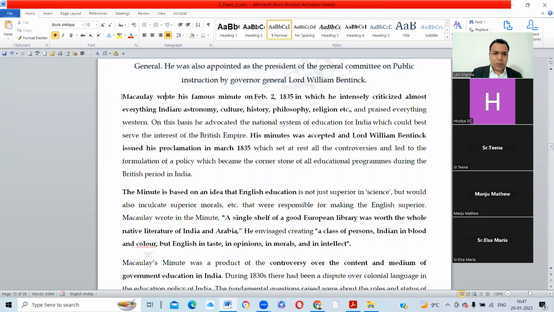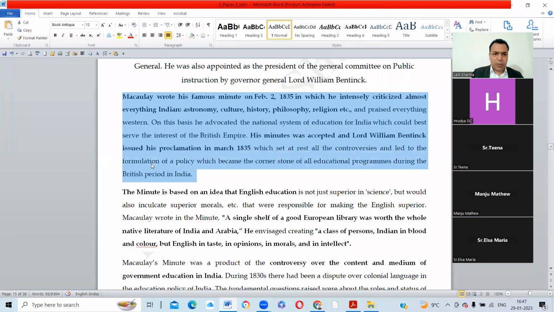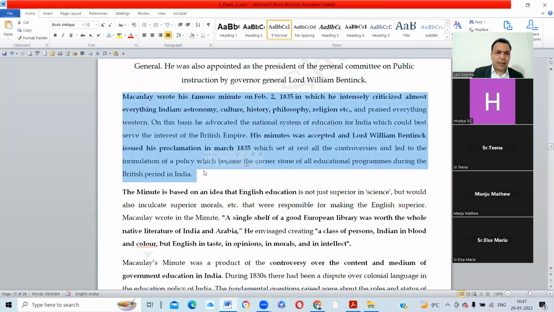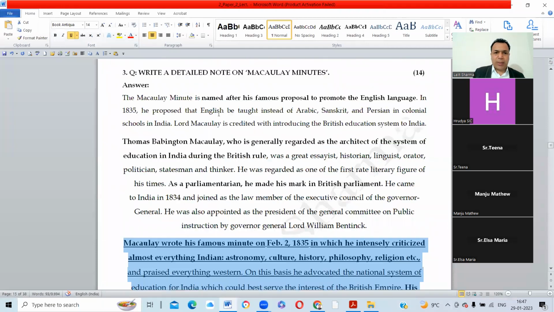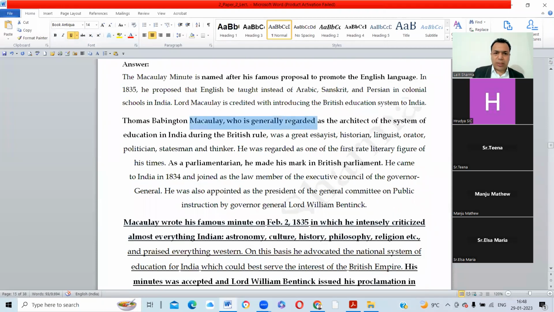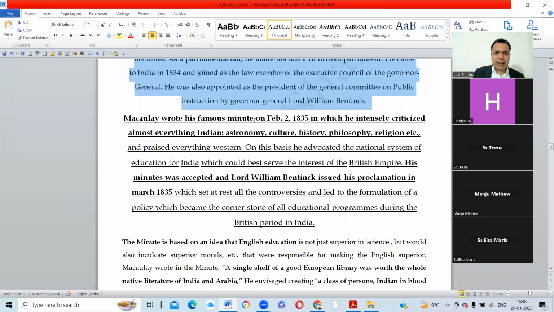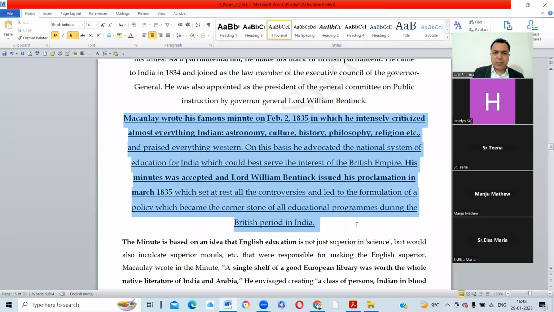Okay, so basically this para is important for you. Macaulay wrote his famous minute on February 2, 1835. Yes, this you have to write, right? In which he intensely, yes, this is an important para, guys. Okay, see that. I underline it and increase the size. What was the Macaulay minute basically? So this para is about a little bit about Macaulay, and here Macaulay wrote his famous minute on February